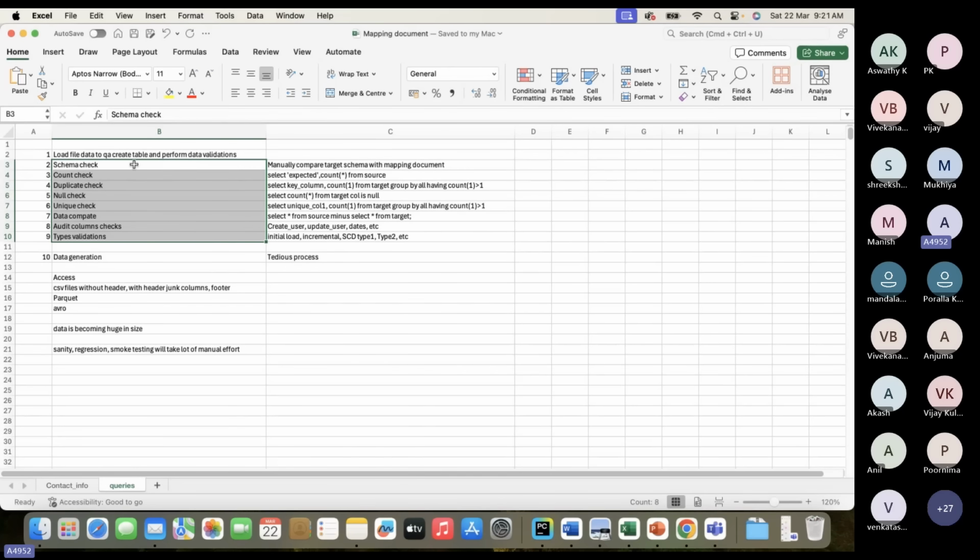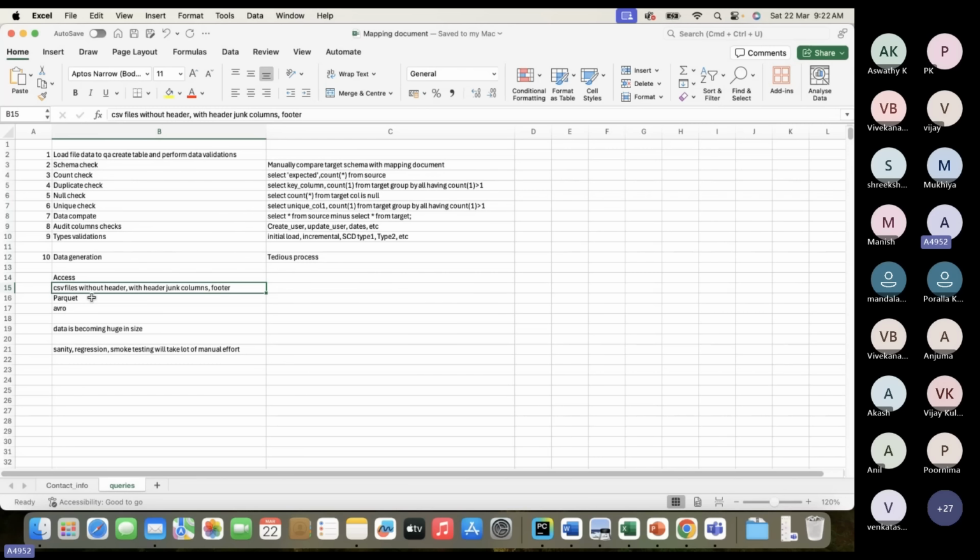One more challenge, even if you take a CSV file, sometimes you don't find CSV headers, right? Sometimes you will have a CSV file with some headers with some junk columns. Sometimes a CSV file with some footer info. So it's very difficult to manage these kinds of files in ETL projects as a tester, especially. Developers can write some code because they already know a programming language. So they write some Python, PySpark code to convert data into the proper format and then validate it. As a tester, if you don't know Python, PySpark, it's very difficult to insert the data if the file does not have a header, has some junk columns, a footer, or multiple headers.